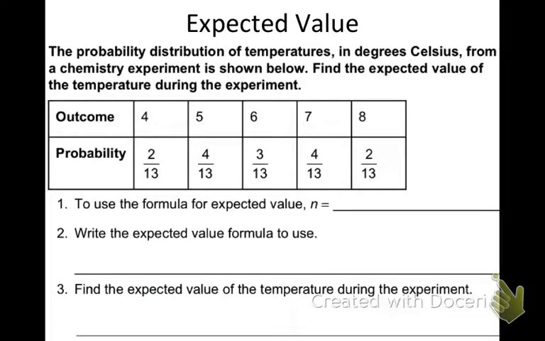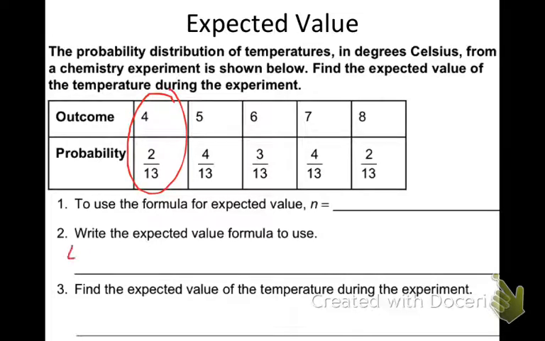Number 1. The probability distribution of temperatures in degrees Celsius from a chemistry experiment is shown below. Find the expected value of the temperature during the experiment. Again, if you have fractions, that's fine. You can use fractions or decimals, it doesn't matter. To use the formula for expected value, x1 times p1, x2 times p2, and so on, we're going to take our outcome and probability and